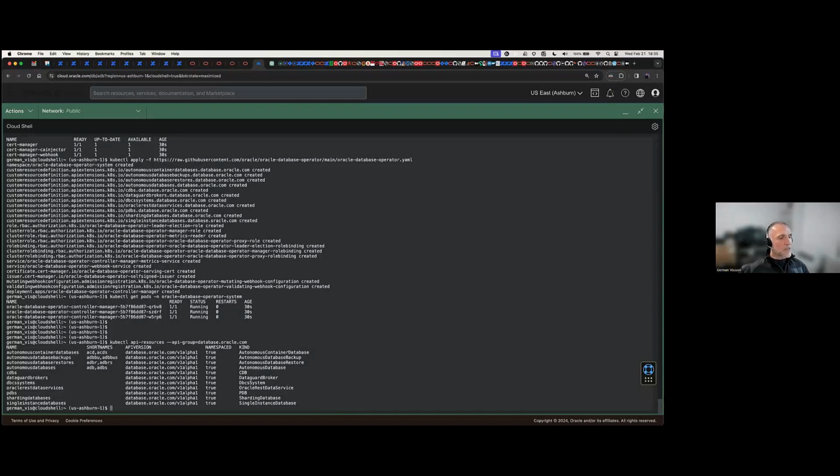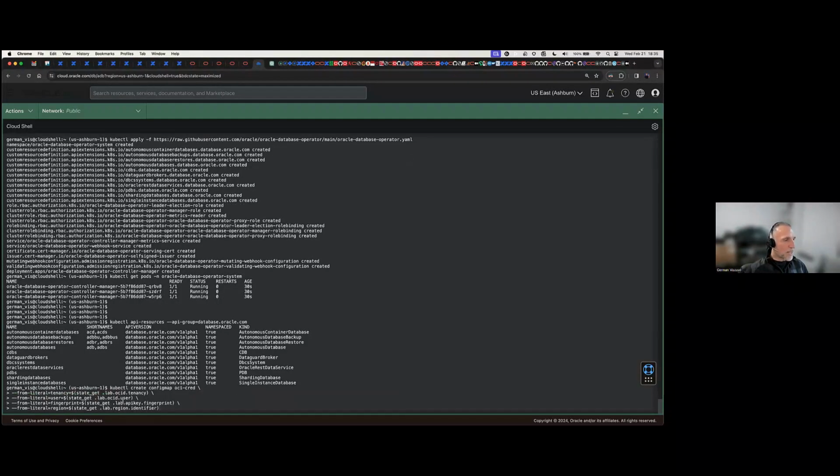Now what we're going to do is prepare things for ADB creation. And we are going to create something called OCI cred. I call it OCI cred, which is a set of information and credentials so that OraOperator can connect to OCI. I want OraOperator to be able to connect to OCI. Suppose that we need to extract the wallet of a specific database. We need to connect to OCI. Obviously, we need to create a database, an ADB. We need to connect to OCI.